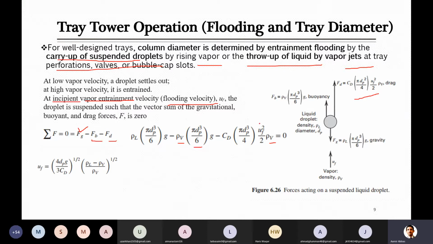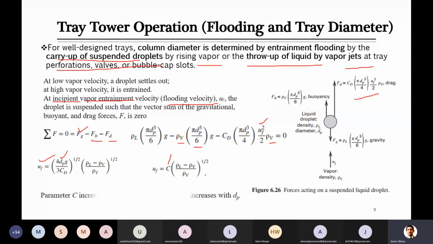Finally we want to find this flooding velocity, which we say is the starting point when the vapor starts carrying the liquid. So this equation can be rearranged simply in three steps. You can reach the conclusion that this velocity will be equal to some constant which depends on the drag force as well as the diameter of the particle, and then there is a factor relating the densities of vapor and liquid. So we can write this UF, or velocity, is equal to C, where C is the constant which is equal to all this big factor multiplied by the density factor.